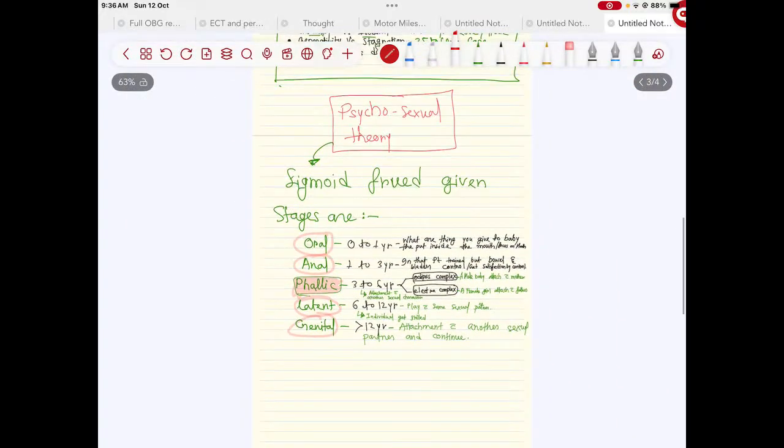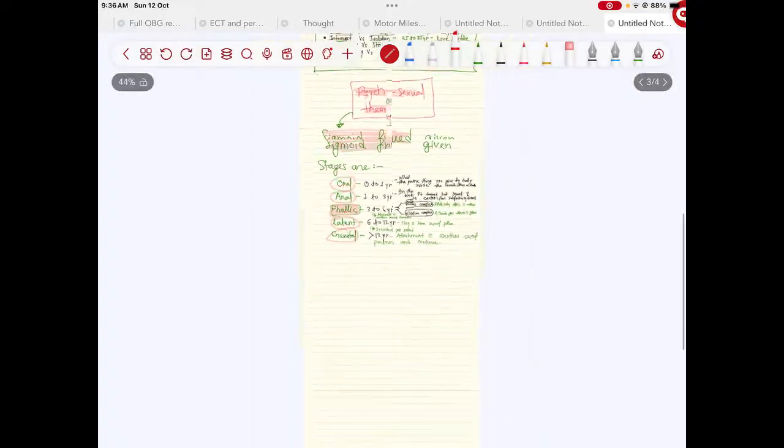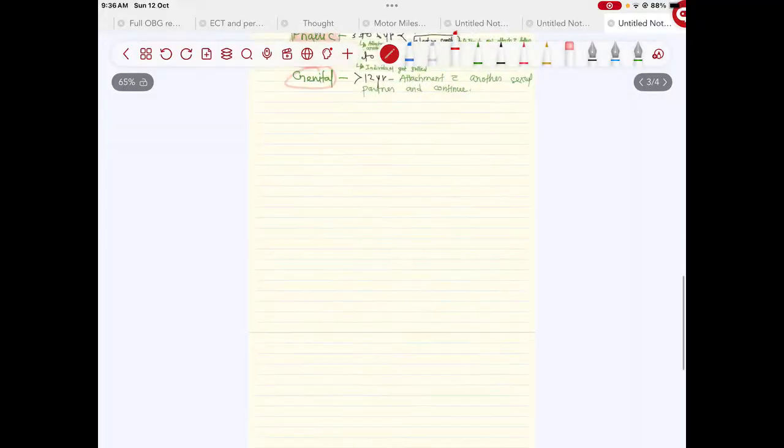So this is given by whom? The psychosexual developmental theory was given by Sigmund Freud. Who gave this theory? Sigmund Freud. Okay. So this is it, and the third one,